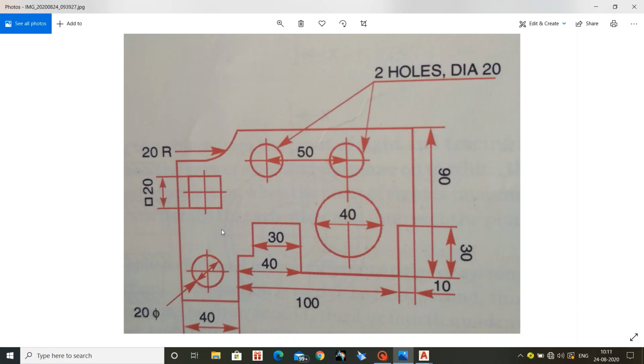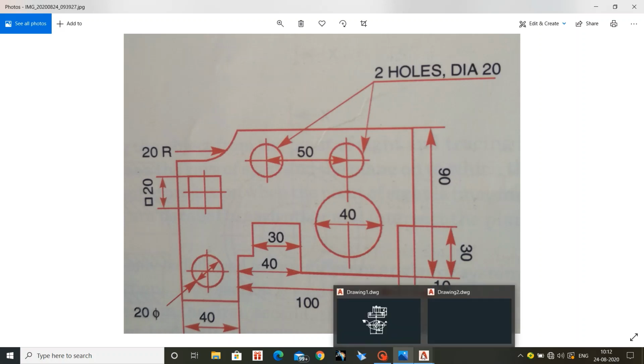If you want, you can take a screenshot, or else you can draw this while you are practicing. It's my best suggestion to draw the image or drawing which you are seeing, or which you are willing to draw, in any design software. It will be very easy while you are drawing or designing anything. I'm not talking about very big diagrams, but for small diagrams and small components we can use this technique. It will be very helpful. So now I am opening the drawing 2 template to draw this.